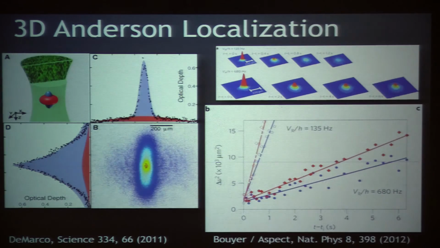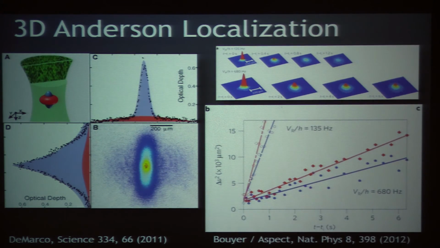Okay, so this is what was observed by my group and Aspect's group. In my group, the basic observation was we let the gas expand, and there were atoms that diffused away, but there were atoms that would stick around. Eventually we could see them stick around for a second in a narrow, localized-looking feature. And in Aspect's experiment, they saw something very similar. So here are time sequences of data. This is going out to, I'm going to have to go look. I don't know, screen here. Projector. So